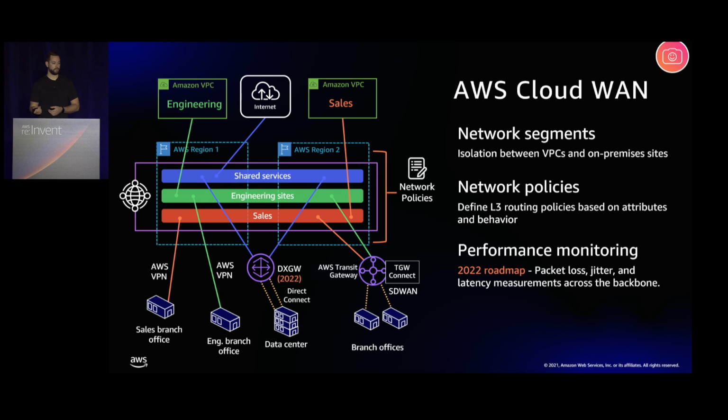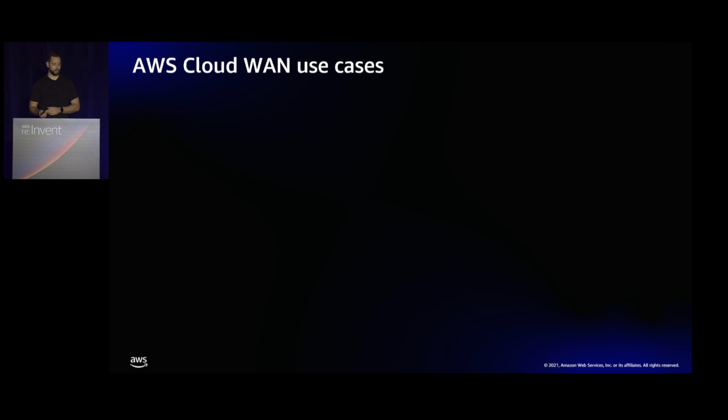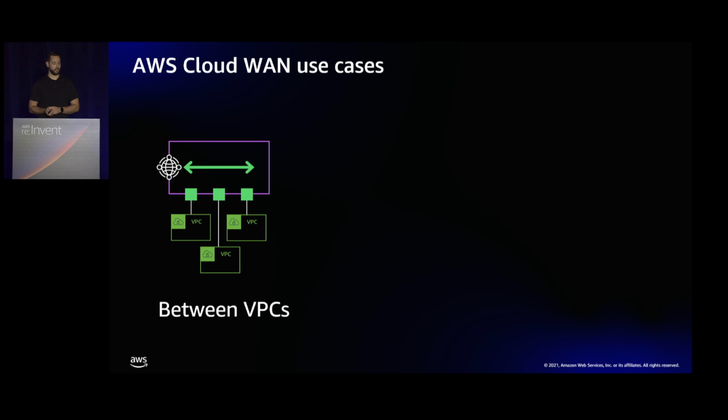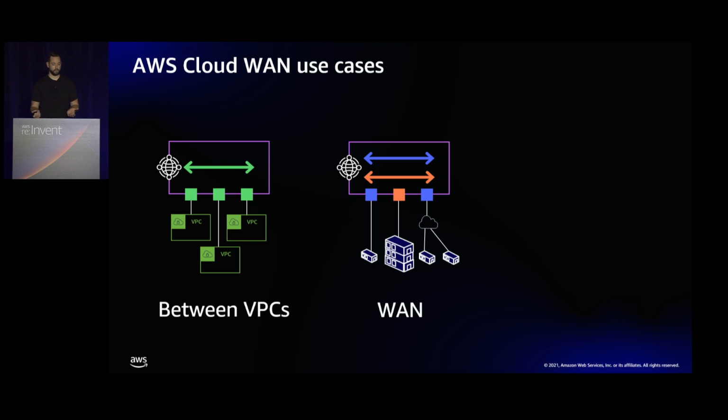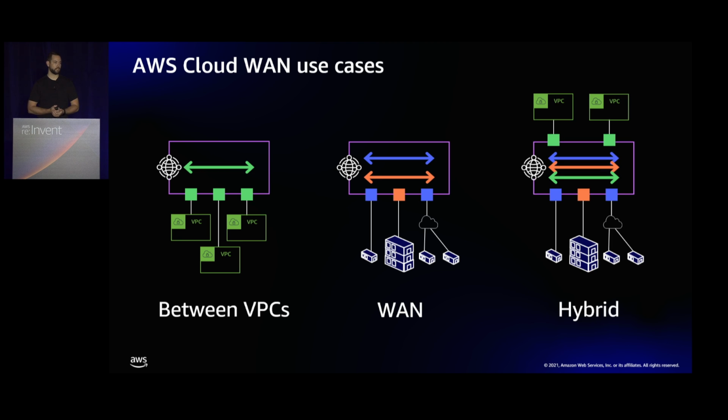Okay, quick photo there if you folks want to grab that. Now we're running a little short on time, so I am going to go a little bit faster for the remaining stuff, and we have one more thing that I want Alex to dive into as well. If you folks don't mind sticking around for half a minute, we can dive in a little bit more. But Cloud WAN essentially is going to allow you to have connectivity between VPCs, your WAN connectivity, or you might build a hybrid model like so, where you've got your on-premises and your VPCs all connected through this global Cloud WAN or global network.